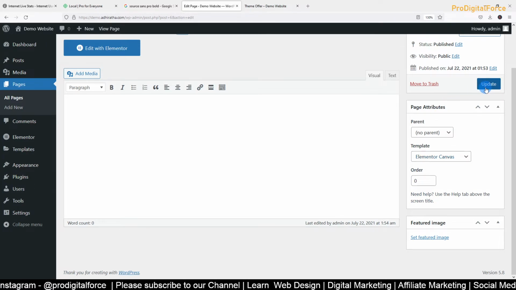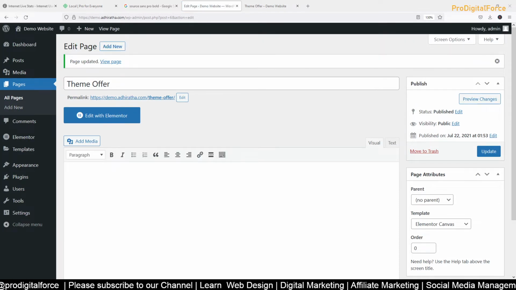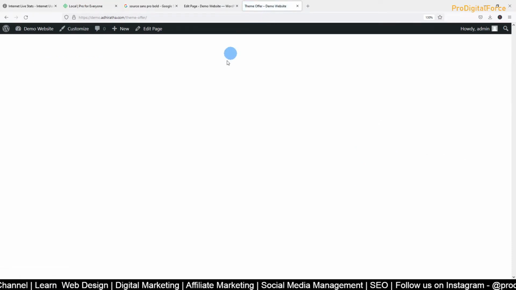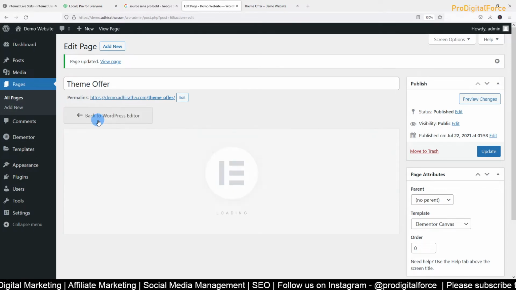So what I'll do, I'll click on it. If people go and open your page, now how it appears, you can see here. It's completely blank, right? So next what we can do, we will add a title and all. So from where we start editing that, we use Elementor for that, right? So click on Elementor, edit with Elementor.